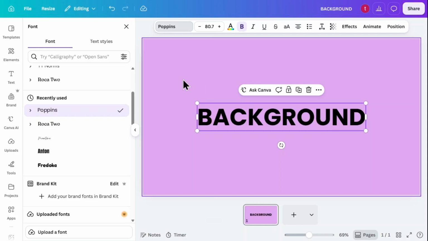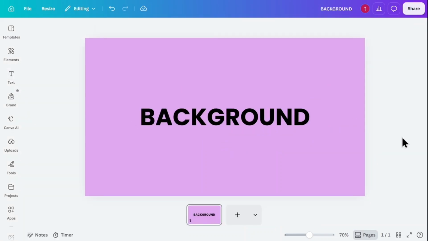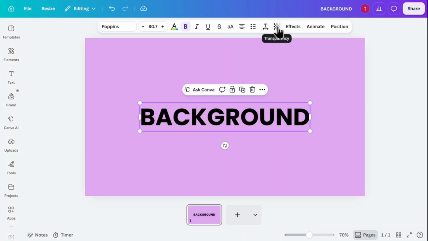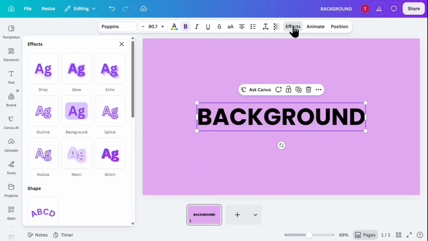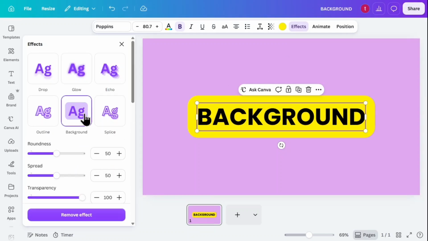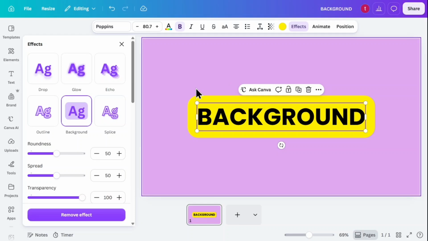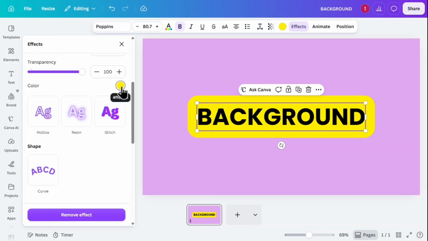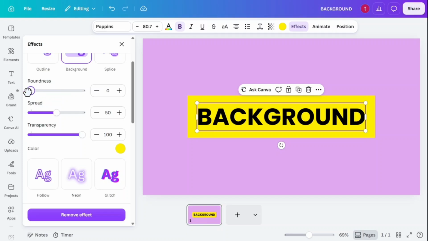Now, to add and customize the text background, I click the Effects button in the top toolbar. From the Style options in the left panel, I select the background effect, which places a colored box behind the text. Under the background settings, I drag the roundness slider down to 0 to give the text box sharp, square corners. Next, I adjust the spread slider down to around 31 to decrease the padding around the text, keeping the